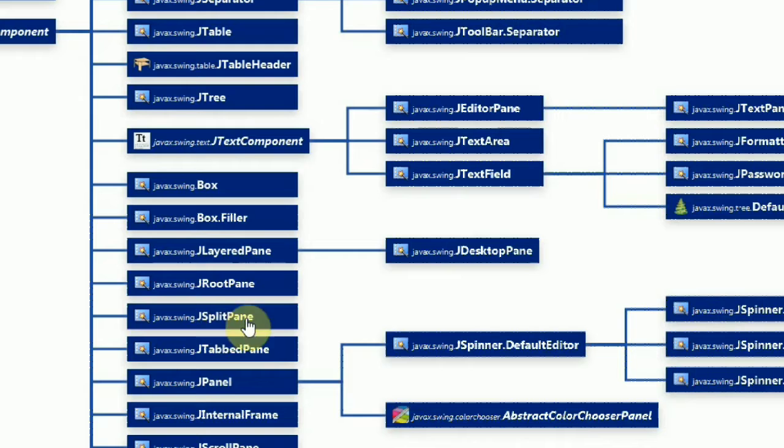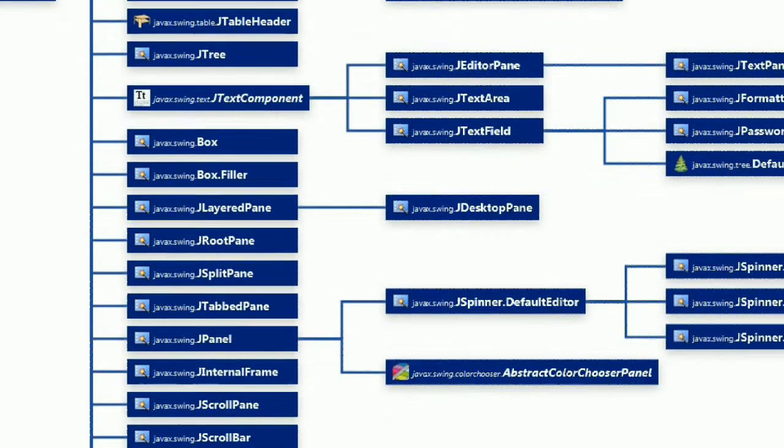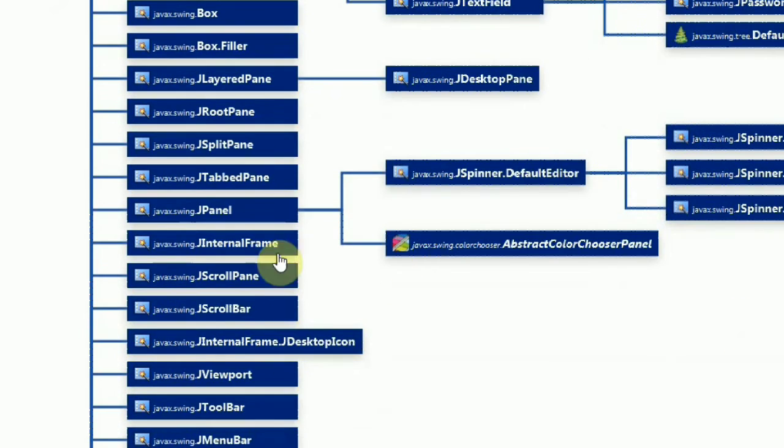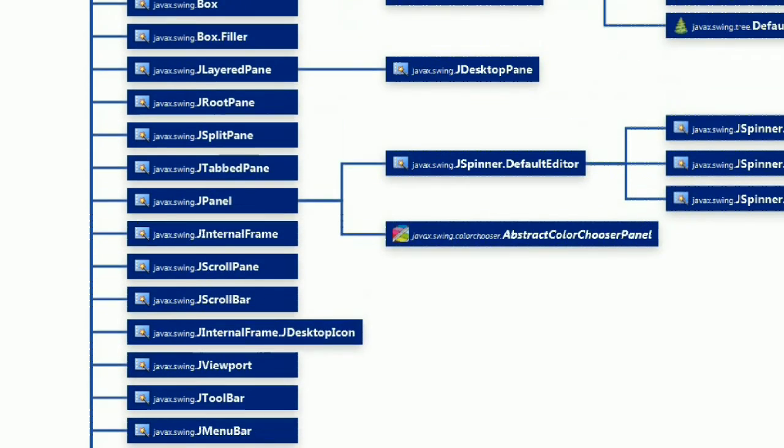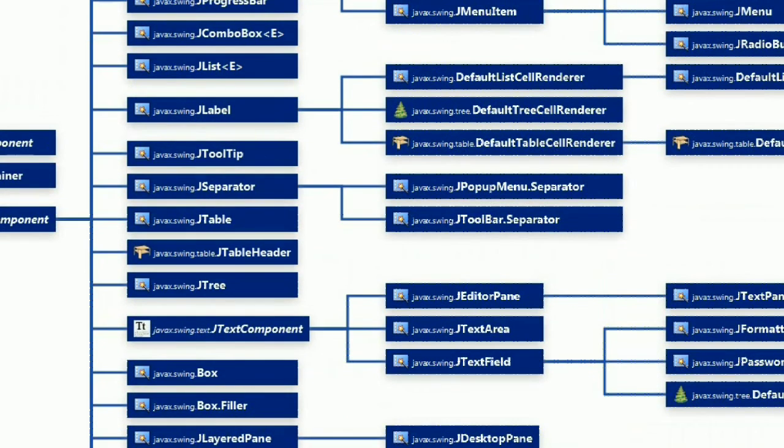Then JSplitPane, so if you want to split your frame into two parts, you can use that. Then you have JScrollPane, then scroll bar, and then toolbar and menu bar. All these are the Swing components. Then you have JOptionPane, JFileChooser, JColorChooser, all this. So this is Java Swing components.